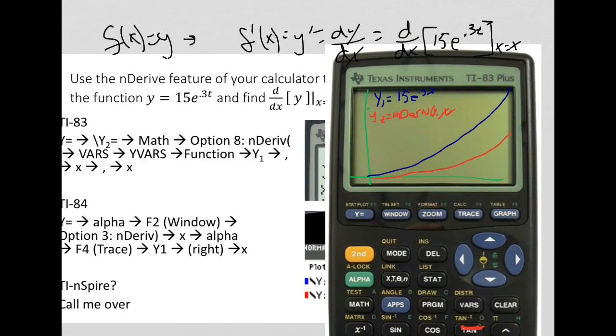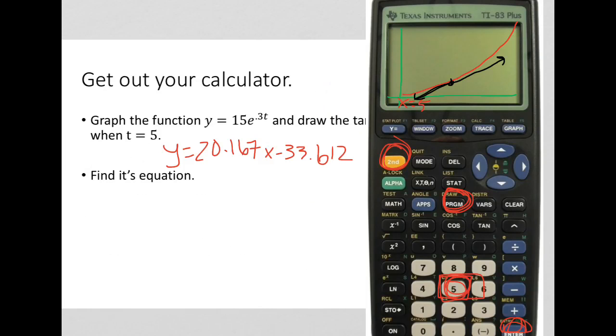So we now have graphed the derivative of a function that we don't even know how to take the derivative of. So that's nice, because if you hit the up button or the down button on your calculator, you can jump between the two graphs. So you can trace along your derivative function by hitting the trace button, and then you can type in any x value that you want to know the derivative of. So if you type in the x value of, say, 5, you can find the derivative there, and you'll find the y value to be that 20 point whatever it was from the last problem,